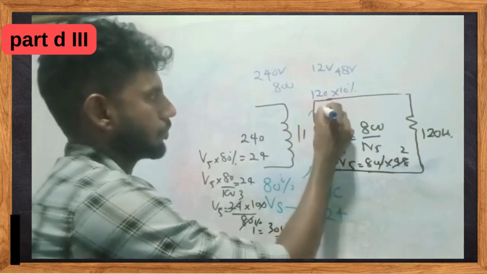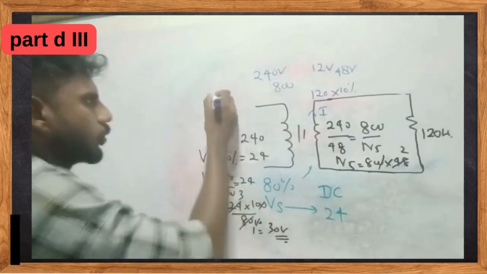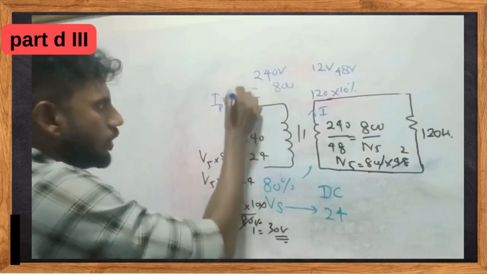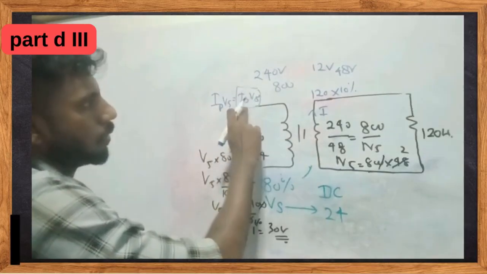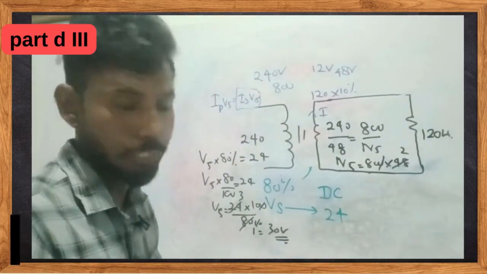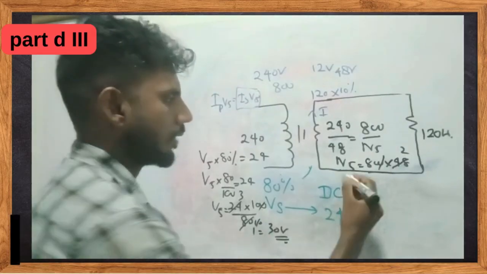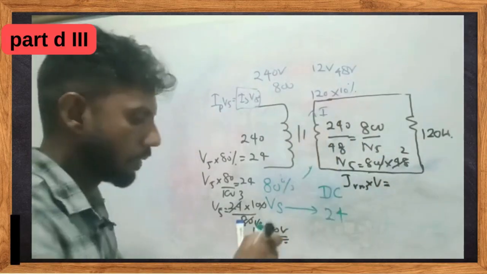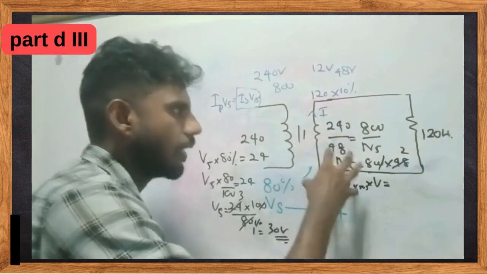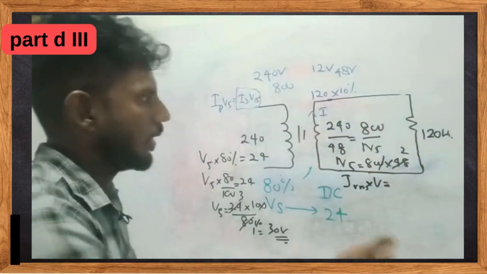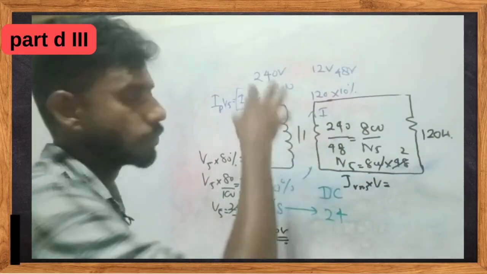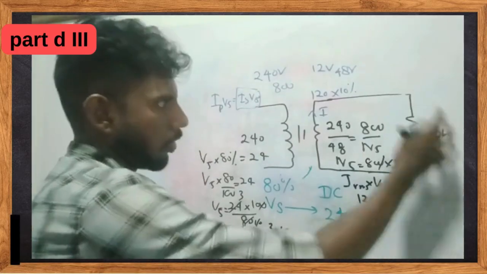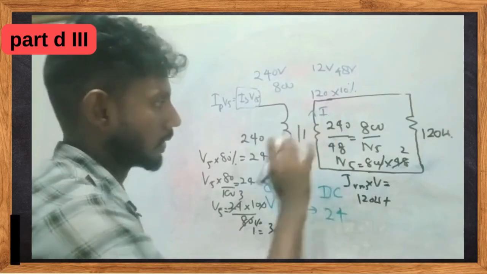Output current I. For ideal transformers, students, I hope you remember this equation. IP Vp equals Is Vs. So this is power, right? So IRMS equals VRMS. So they are asking us IRMS here. So for that, IRMS into VRMS, that should be equal to the power of the secondary coil. So secondary coil is able to give 120 watt outside. And of course, Joule's heat will be, the loss is 10% of it. So 120 watt, that's the power given by the secondary coil,